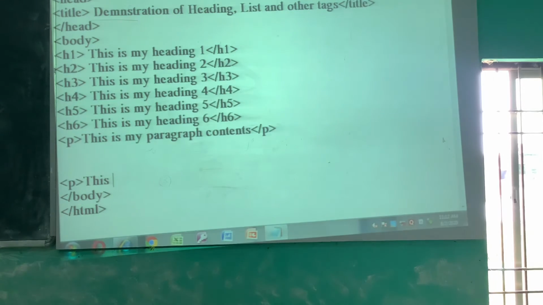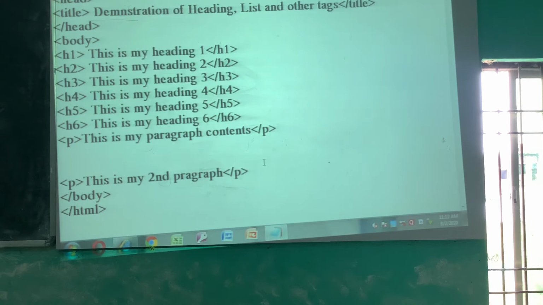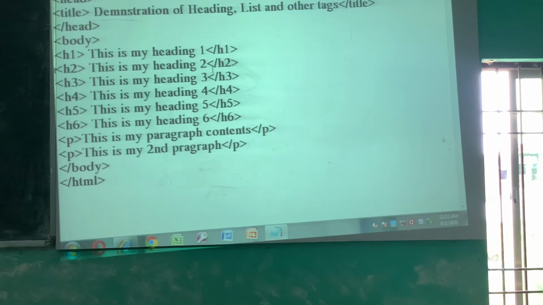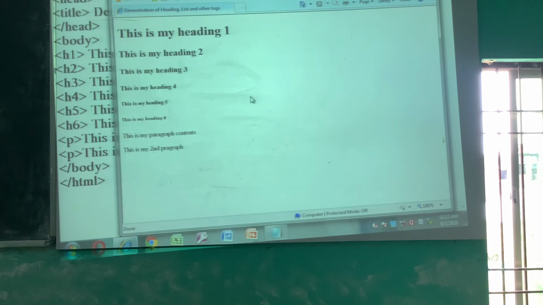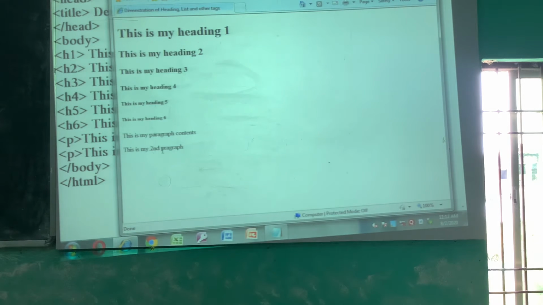It does not happen like that. This is my second paragraph. So what will be the output? See, no extra space. If you omit the space from the notepad window, it also gives you the same output. I am refreshing it again. See, that means like the heading tag, the paragraph tag also creates a new line.